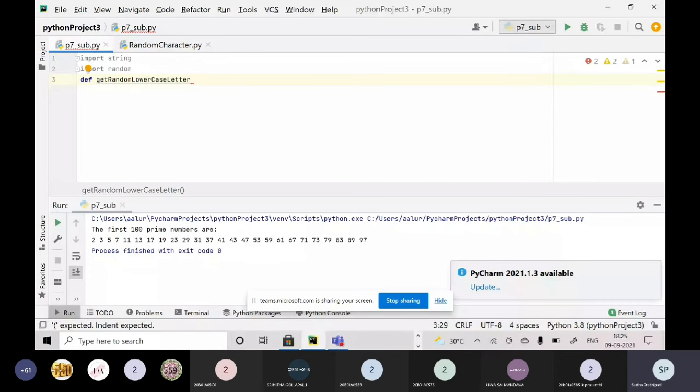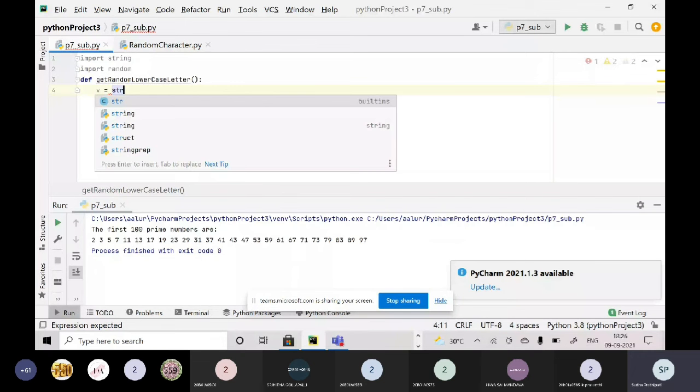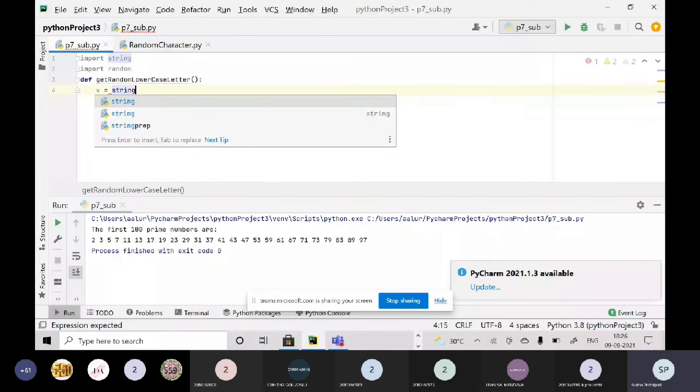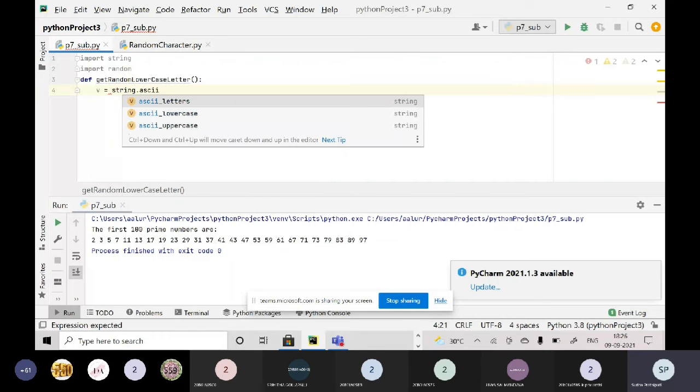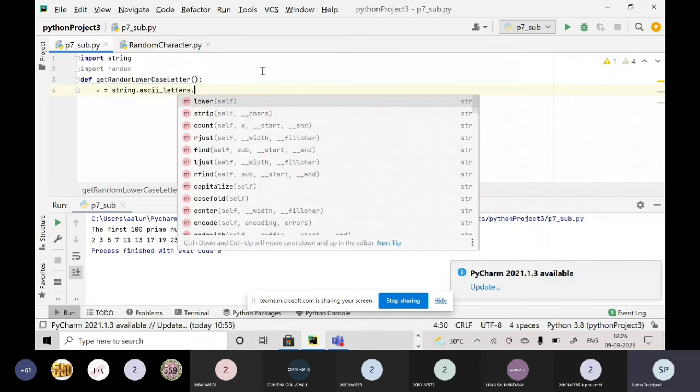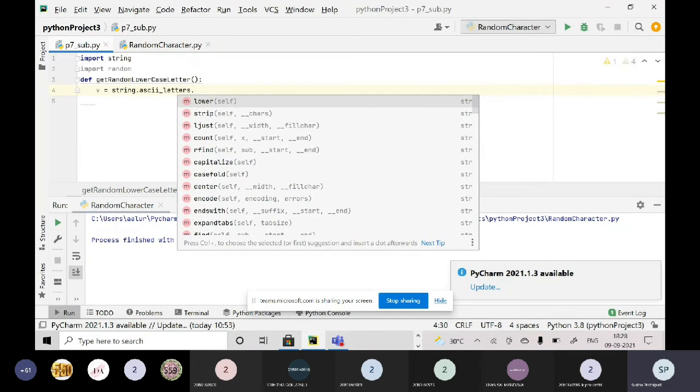Inside this function I'm saying v is equal to an attribute which is there in the string module, called ascii_letters, which gives me all the letters in the ASCII character set. ascii_letters is an attribute, so there won't be any parentheses after that.